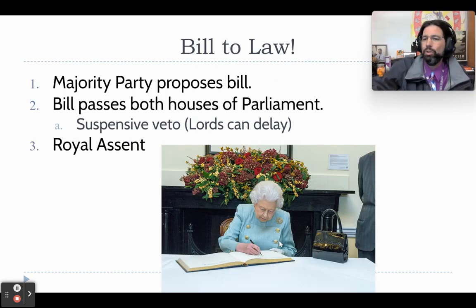The final one, and this is really a symbolic formality, is what is called royal assent. It's comparable to when the president actually signs the bill, except the president actually has power. The king and queen, this is totally symbolic. There never is a no. They've never just turned a bill around and said, nah, get out of here. The queen is going to sign it, and of course now with King Charles, the king will sign that bill, and then it officially becomes a law. Remember, it's a totally symbolic move. Once that bill passes parliament, it's done.